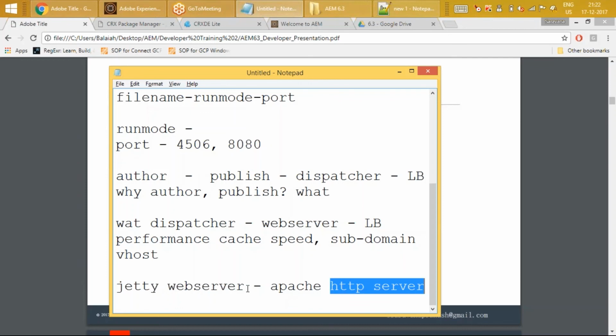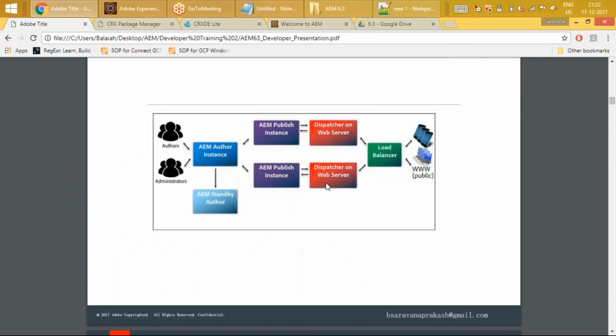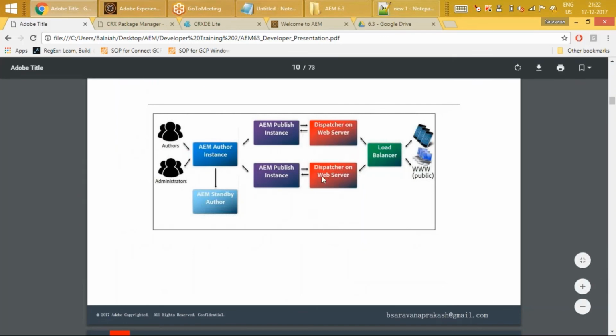Any guess? So always remember this: they call the dispatcher a web server, maybe a misnomer, but Apache, having the web content, web pages, acts only as an HTTP server, whereas my Jetty, where my AEM runs, acts more as a web server.